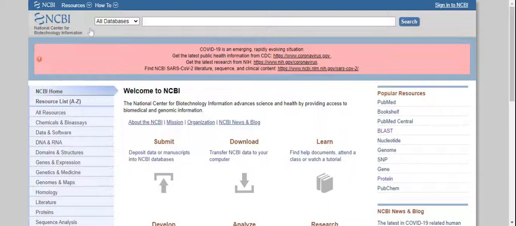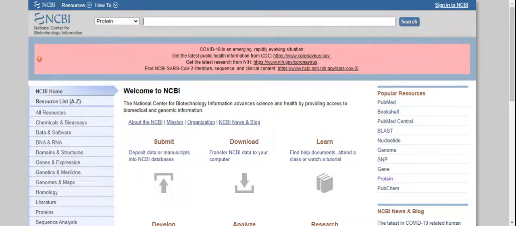Now, for comparing protein sequences we need to take one protein sequence, so we will go to all databases and select the protein database. You can select the sequence of any protein.